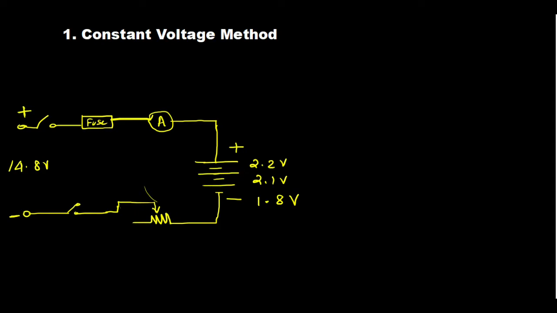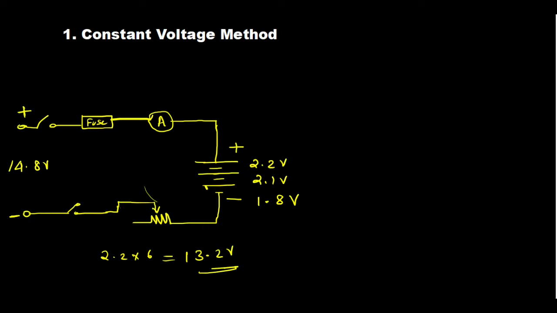Because with 6 cells, how do we get a 12 volt battery? The 2.2 volt multiplied by 6 gives a 12 volt battery. That is the combination. So what is the value? 2.2 multiplied by 6 gives around 13.2 volt. We will have 13.2 volt when it is fully charged. So when it gets fully charged, what happens? The current flow through the battery decreases. This method of charging is known as constant voltage charging.